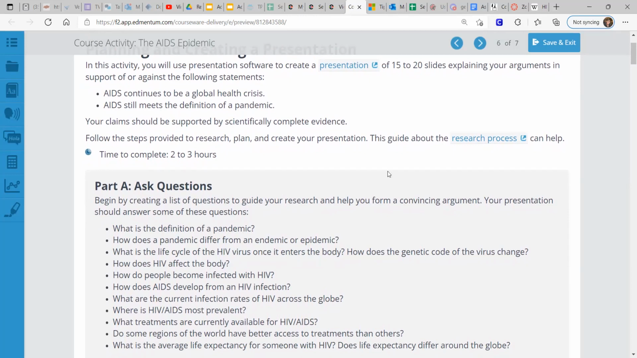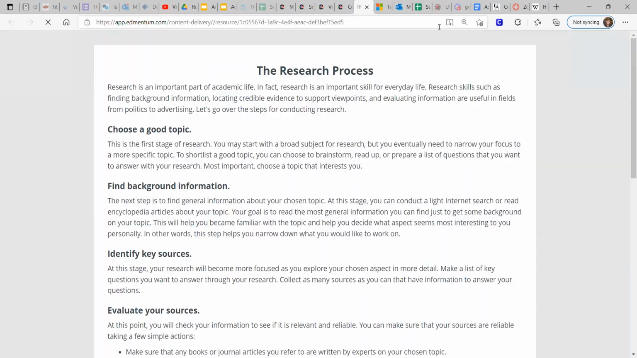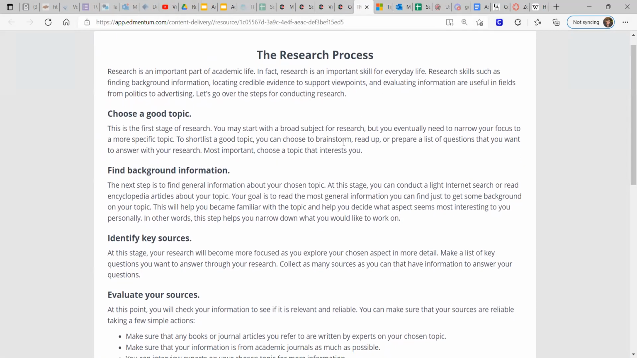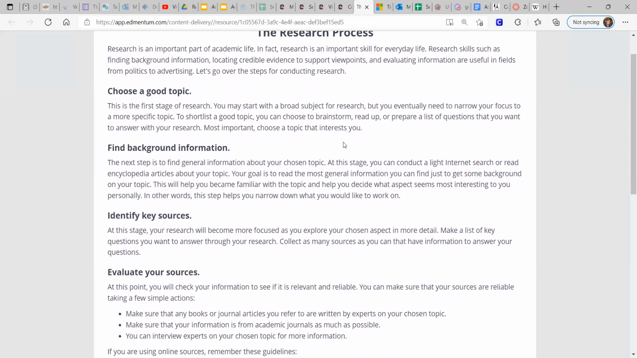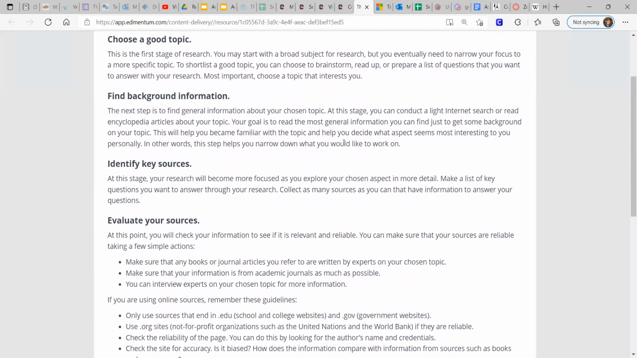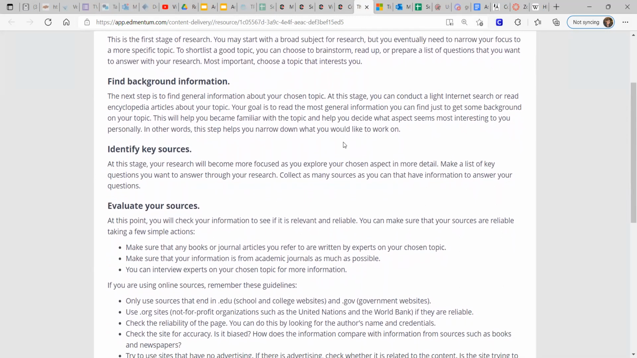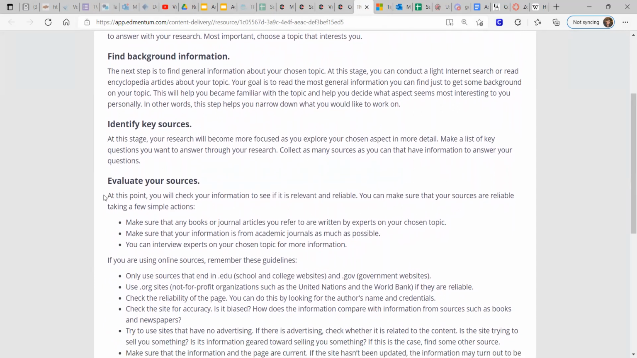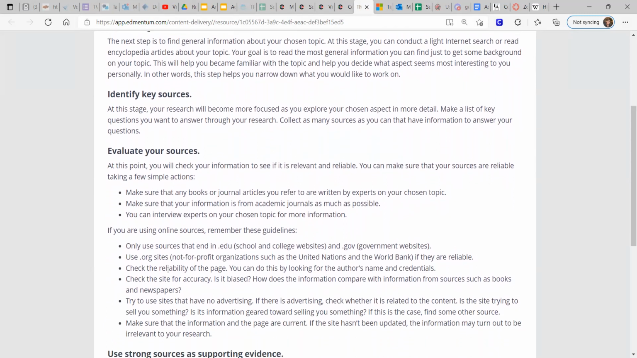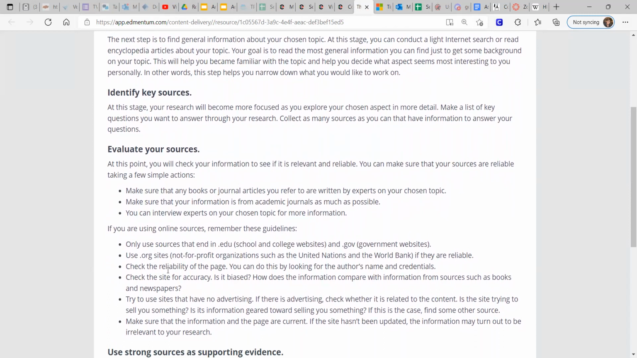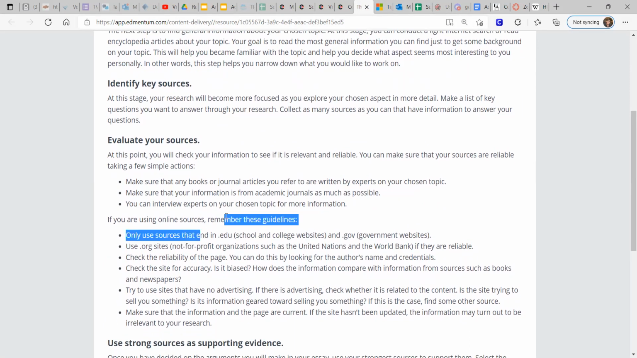This guide about the research process can help. So if you click on this, choose a good topic. We already have our topic. You're going to find some background information, identify some key sources, and then you're going to take those sources and evaluate them. So we're checking to see if the information is relevant, reliable, and if you're using online sources, which most of us will be, only use sources that end in